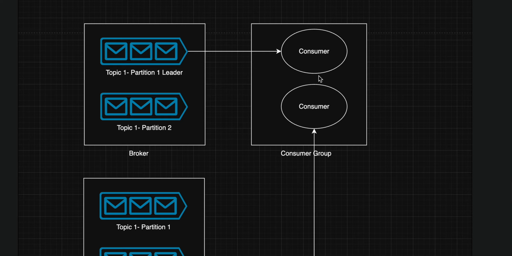Okay, and remember the offset is based upon how much that consumer has consumed. So if the consumer has consumed till message three and the leader goes down, then message three will be in the follower partition also. Now the consumer can come and start consuming from the partition one follower, because it will be elected as the leader. So it works the same as we have seen in key value databases. It is working in the same manner.